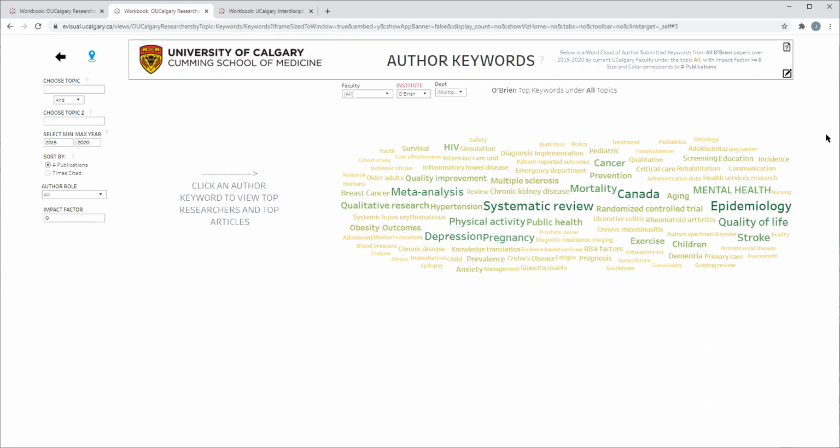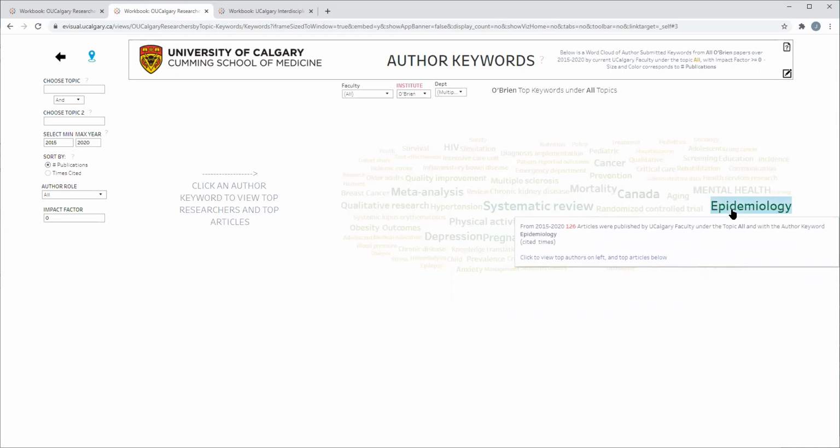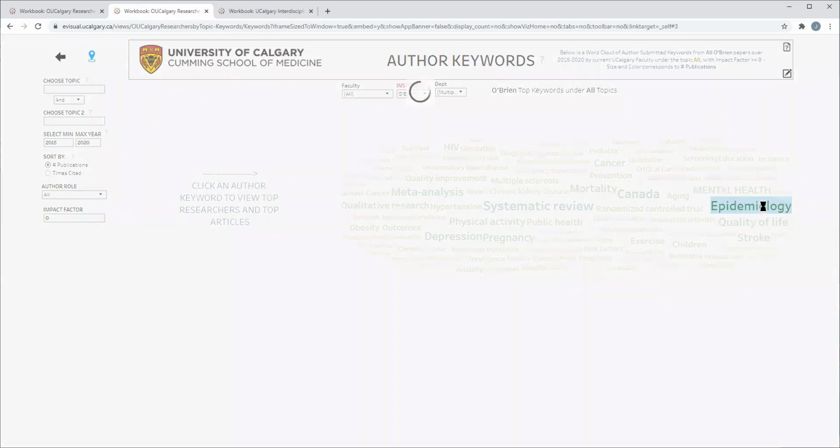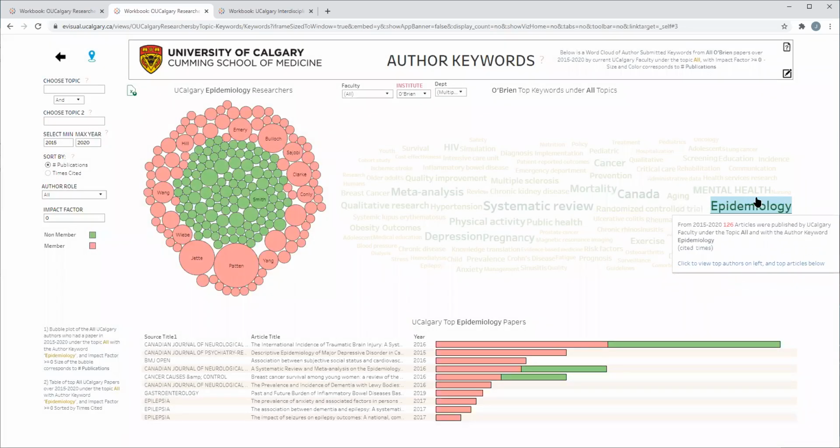So here's another visual. This is author keywords. Basically, we're taking publications over the last 5 years and showing a word cloud of the author keywords for papers with an O'Brien author. Within the O'Brien Institute, these are the main author keywords. You can drill down if you see something interesting, like epidemiology. If this is a major research priority within O'Brien, you can click on it